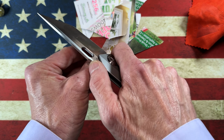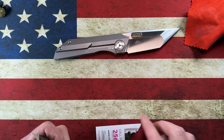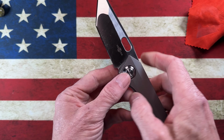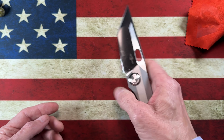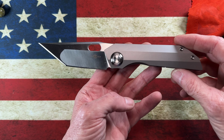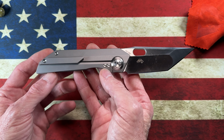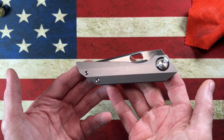All right, guys, let me tell you why I bought this knife. I do not have a lot of Tantos in my collection. I have been pleased with all, and I've ordered a lot, but I've been pleased with all but about 2 of my Tucsons. And of the 2 that I was not very pleased with, I did not hate. So when I saw this knife in 14C28N with this sweet Tanto blade, with this very neutral closed shape,